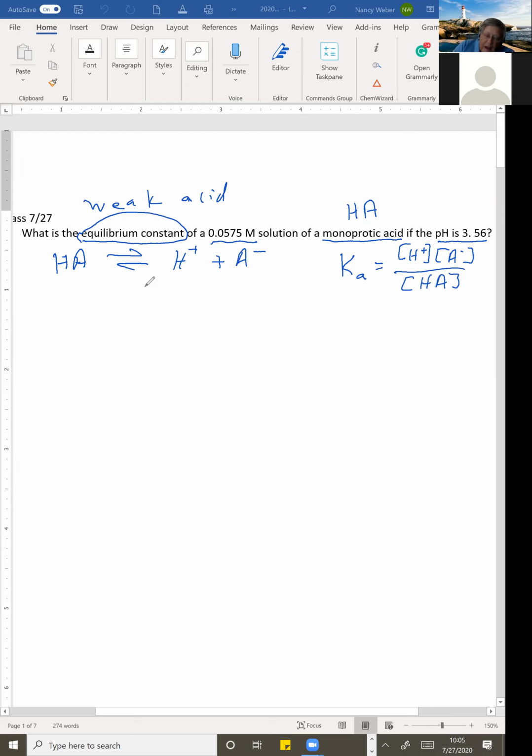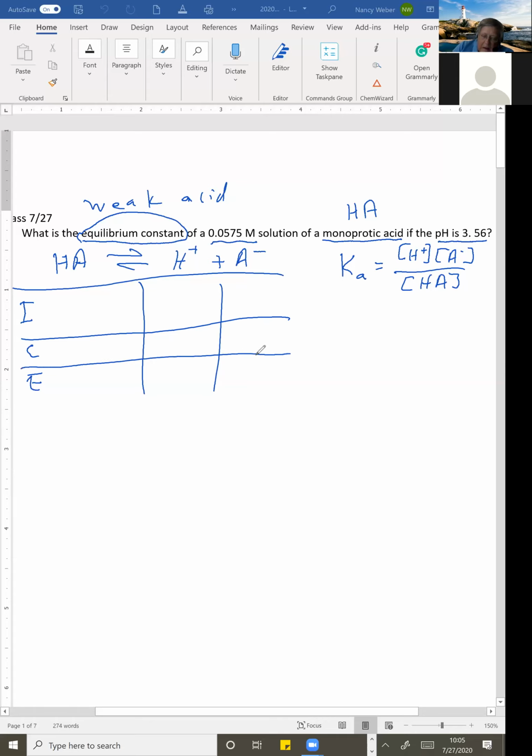Okay, so what do we have? Let's build our ice table. We're starting with 0.075. And at the beginning, hydrogen ion is 0 and anion is 0. If you have questions at any point, please tell me. You're going to make X, subtract X. So the equilibrium concentrations